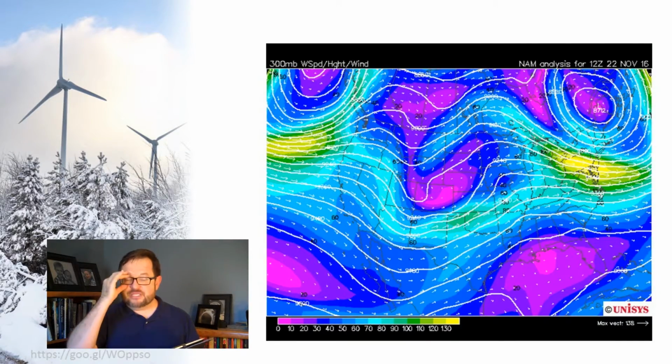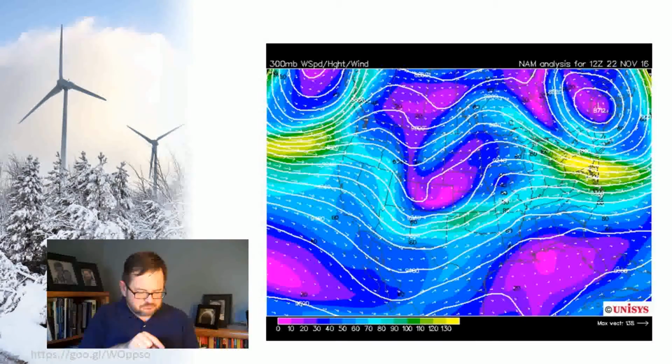But just backing up here for a second, that actual product that you just created, called the analysis, is itself a really cool thing. Here's an example, and it just happens to be the North American Model, or NAM, analysis for a particular day in 2016. You can see that the model, based on all the available observations, came up with maps. This happens to be 300 millibar wind speeds, which are colored. The contour lines there are 300 millibar height, how high above the ground you had to go to get the 300 millibars. And then the little vectors on there are showing us the winds.